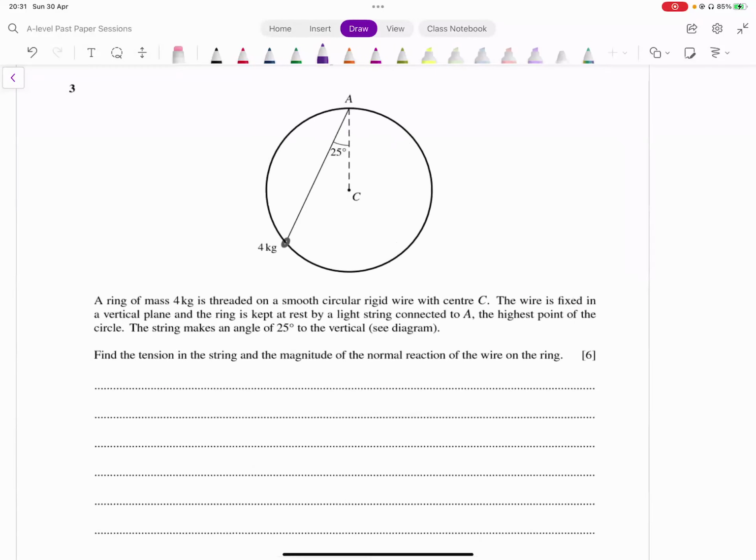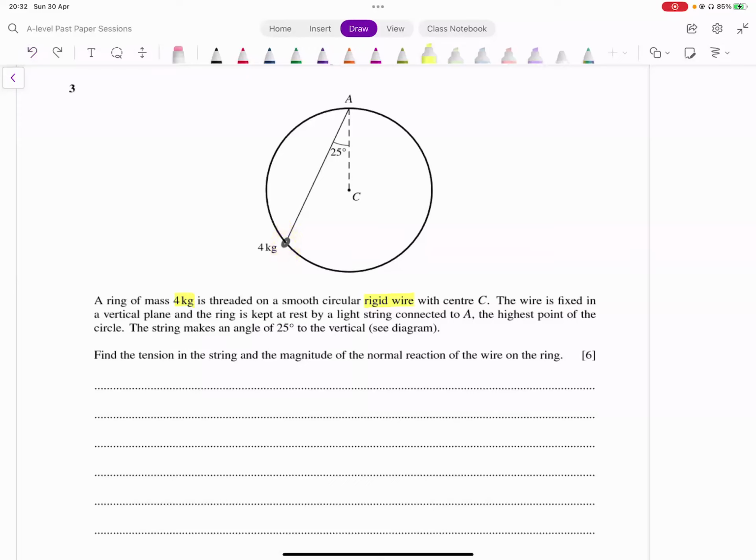ओके, नेक्स्ट वन। नाउ इट सेज a ring of mass 4 kg is threaded on a smooth circular rigid wire. Rigid wire. रिमेंबर, रिजिड वायर जो होती थी, तो हमारे पास अगर उस पर कोई ऑब्जेक्ट है तो अगर उसके साथ कनेक्टेड होता है तो एक तो उसमें टेंशन की वैल्यू नेगेटिव भी आ सकती थी। रिमेंबर, एक वो इसमें होता है रिजिड वायर का केस, तो आपको याद रखना होता है, क्योंकि वो उसमें एक तरह से थ्रस्ट आ जाता है, तो वो एक चीज होती है जो आपने ध्यान में रखनी है। बट लेट्स सी व्हाट इट सेज। रिंग का मास 4 kg है। दिस इज द रिंग दैट यू कैन सी हियर।